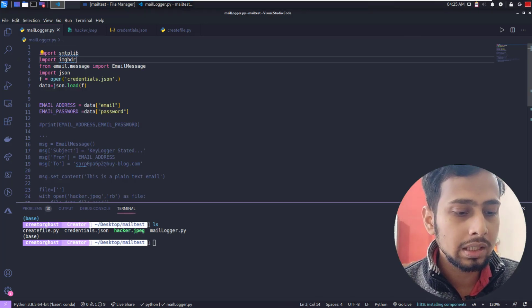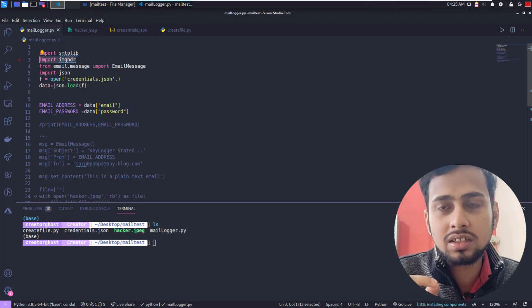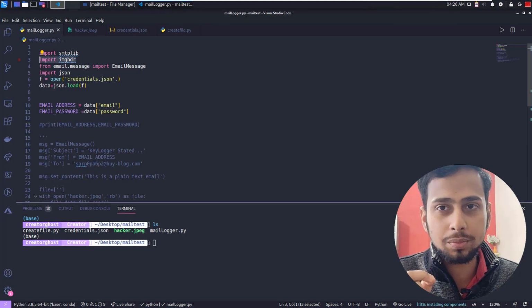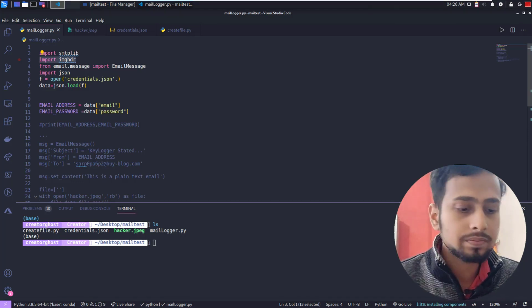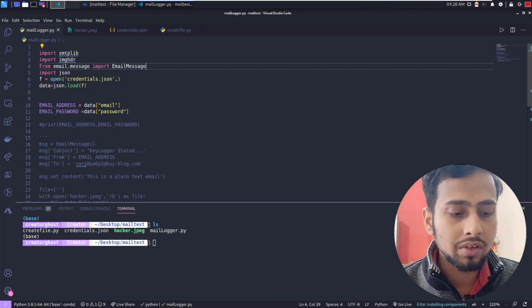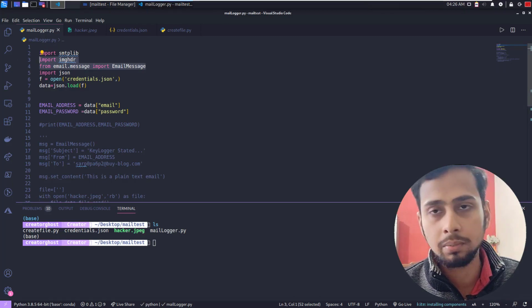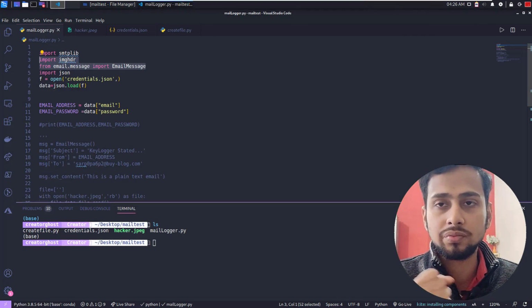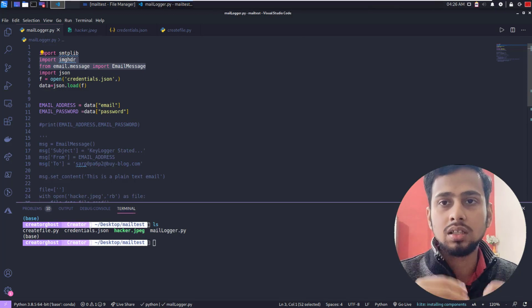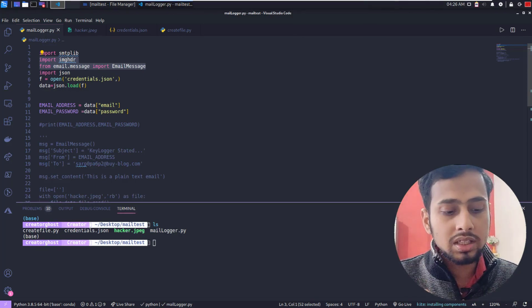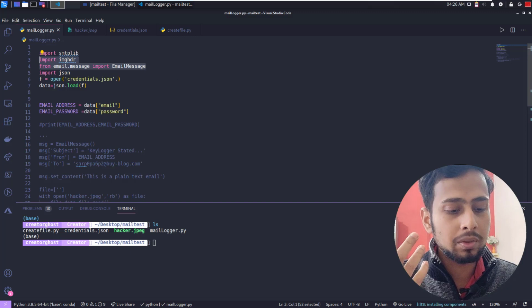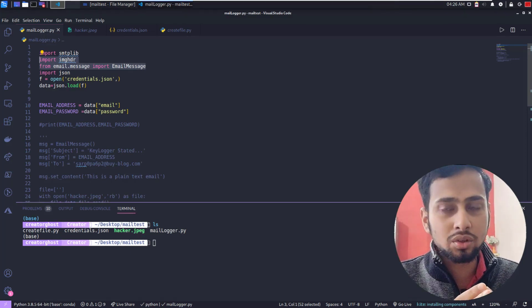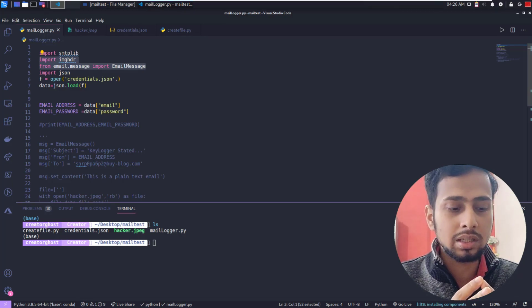And then here we have imghdr. imghdr is responsible for knowing what is the extension of the image that you have captured. We are going to take a look at why we need it. Then here we have from email.message import EmailMessage. So why are we using this? EmailMessage provides us a very good interface for giving it all the information in the simplest way possible. It gives us access to writing a beautiful email with subject, from, to, sending attachments, and each of those things. We are going to have a look in a bit.